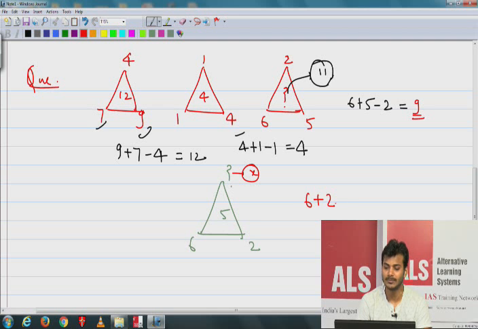Remember this, 6 plus 2 minus x equals 5, right? So what we are getting is 8 minus x equals 5. So from here we get x equals 3. That you can solve, right? So x equals 3 is the correct answer. Very good. Next is